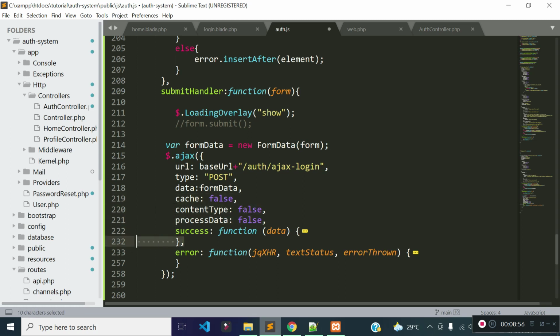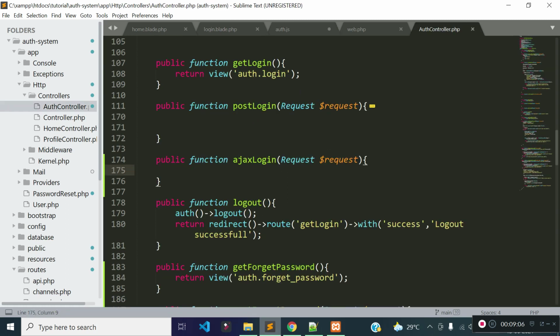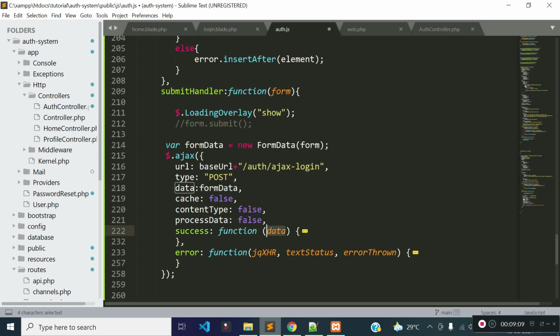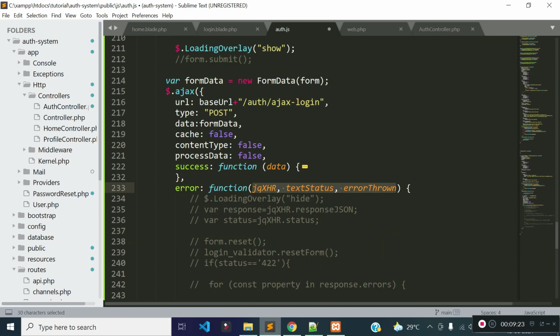There is also a success callback and an error callback. Inside the success callback we get data, whatever data is returned from this AJAX login, and whatever error is thrown from the API we get through these variables. I will explain later one by one.